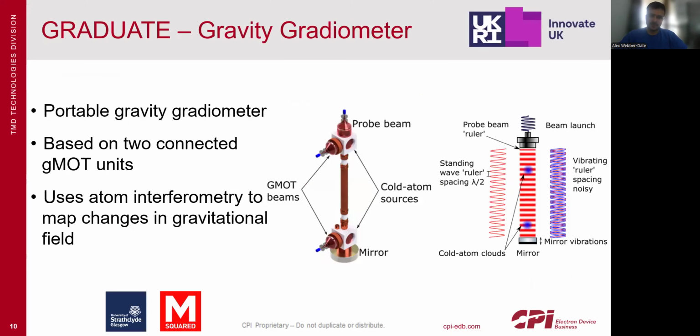So this gradiometer is a portable gradiometer, and it's based on two connected GMOT units. The actual dimensions of the thing are around 40 centimeters. So it's really quite a small device, obviously not including the lasers, but it's a way you can do some of these larger scale experiments. So you don't quite need the precision of, say, the really long baseline ones. These sensors can still give you increased performance compared to some of the classical ones,